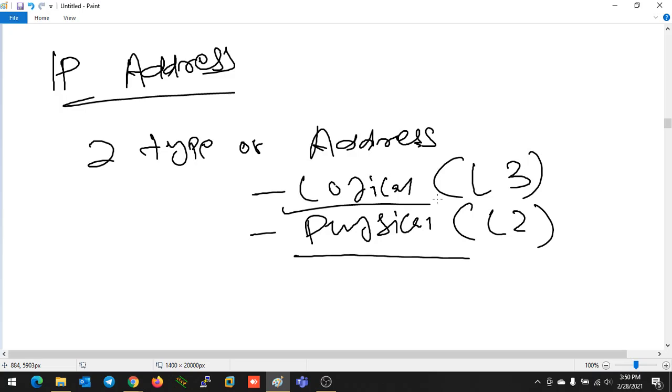In the case of the physical address, there will be no conflict, because all the devices have separate, different addresses. But in the case of the logical address, it might be the same. Two devices can have the same address, because you just configure it. It's my wish; if I configure my device with an IP address, other people can do that too.